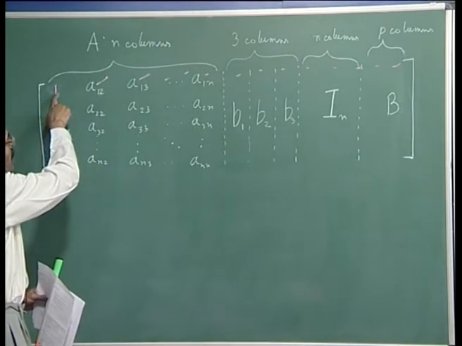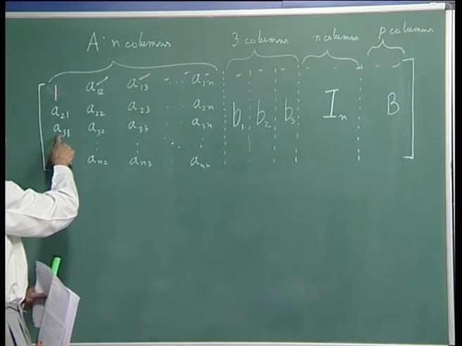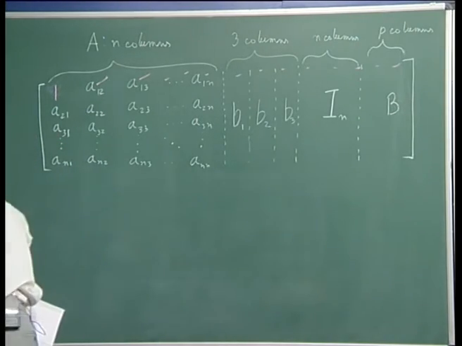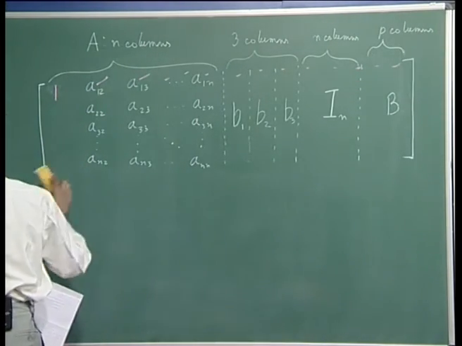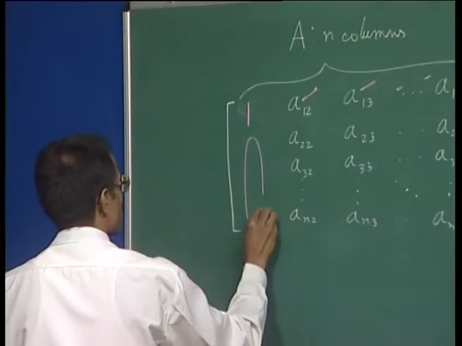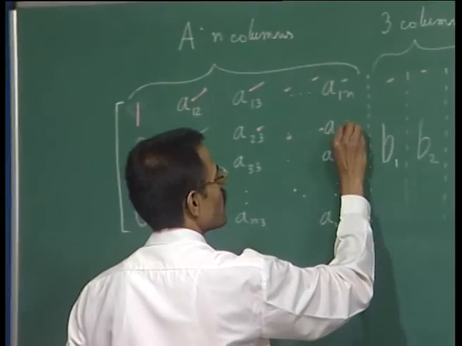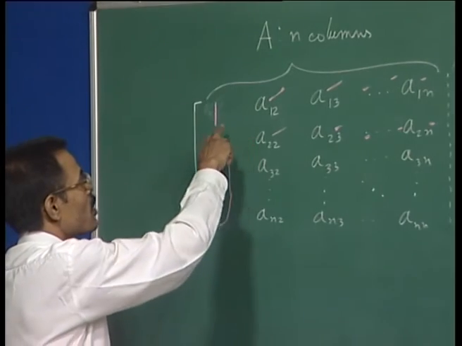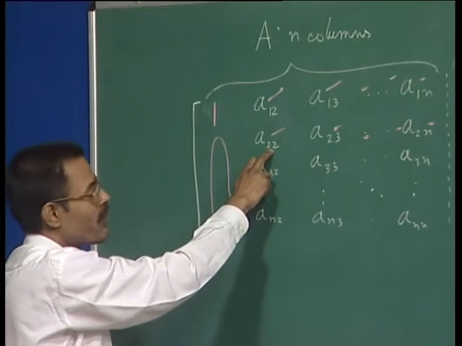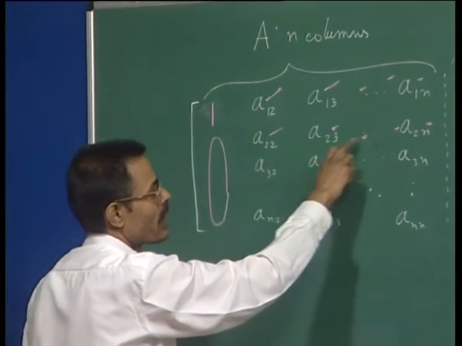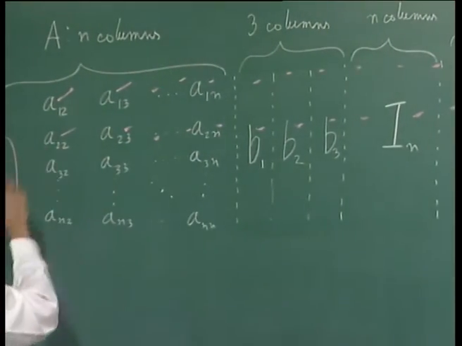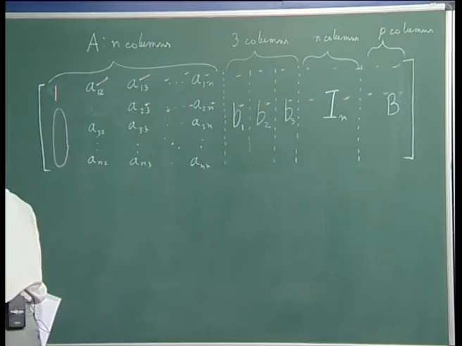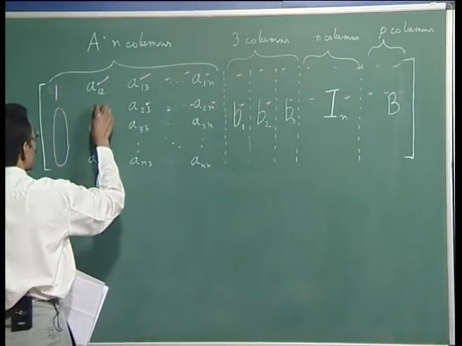Then we multiply the first row with A21, A31, etc., and subtract from the second row, third row, and so on. In the process, these become 0, and these undergo changes. Whatever changes, we record them. Next, we want this diagonal entry to become 1, so we divide the entire second row by A22. As we do that, this will become 1, and there will be further changes in the subsequent entries in the row.